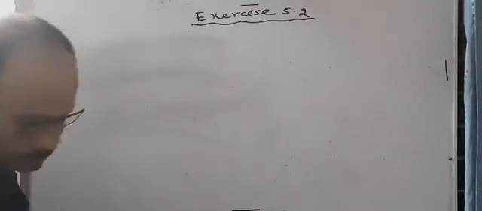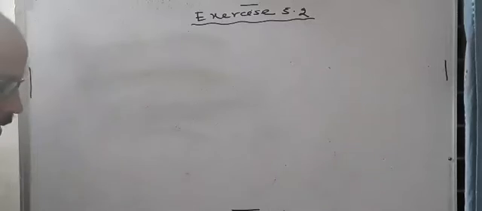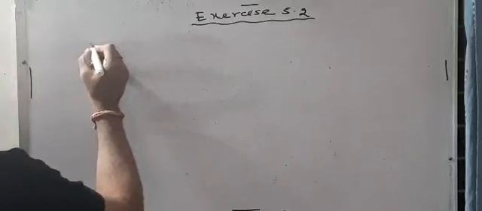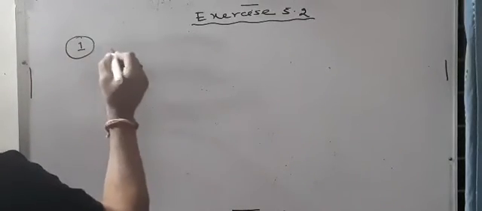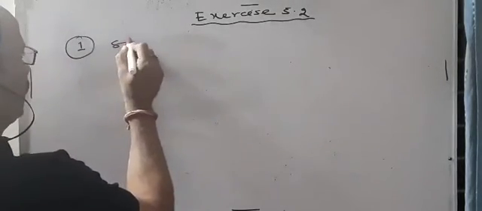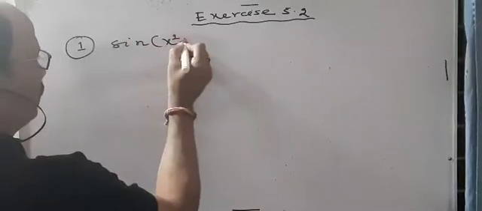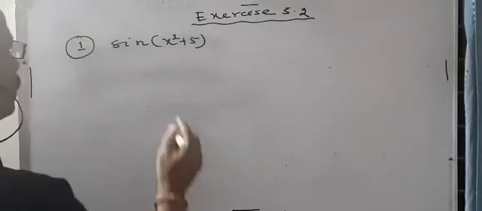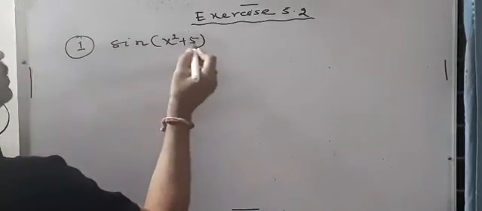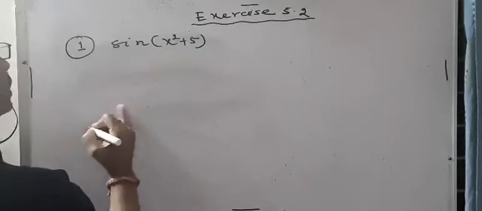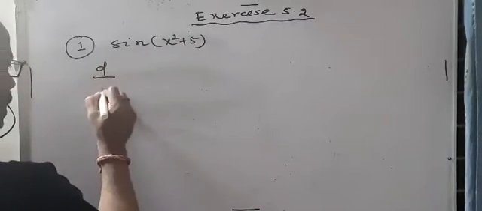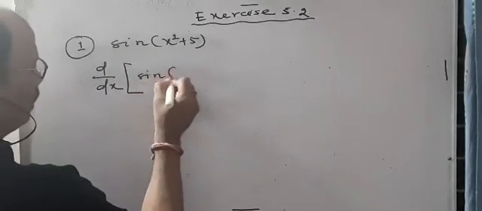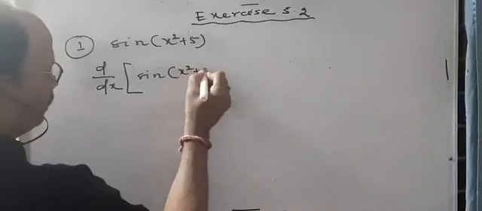So in exercise 5.2, the first question is to differentiate sin(x² + 5). Okay. So how to differentiate this sin(x² + 5)? How to differentiate this function? So first, d/dx of sin(x² + 5),